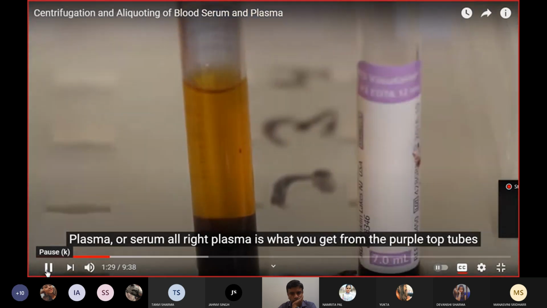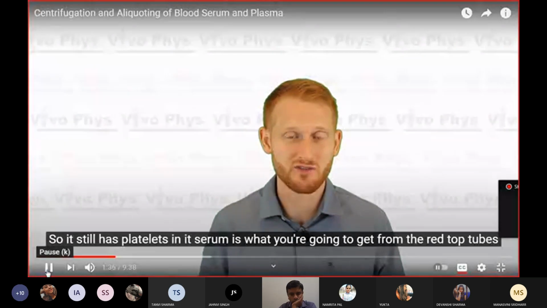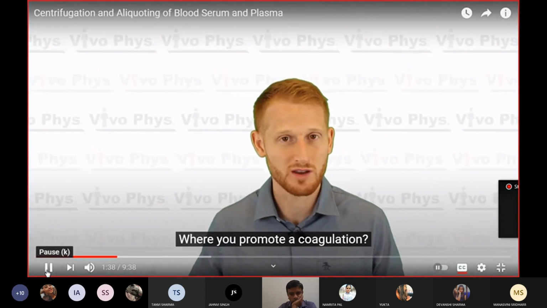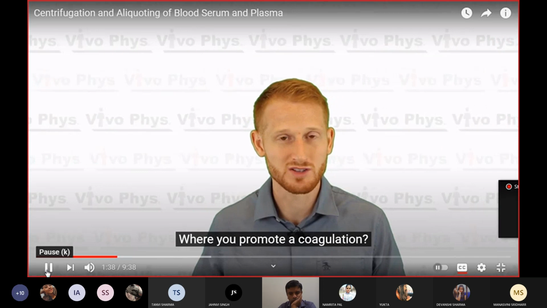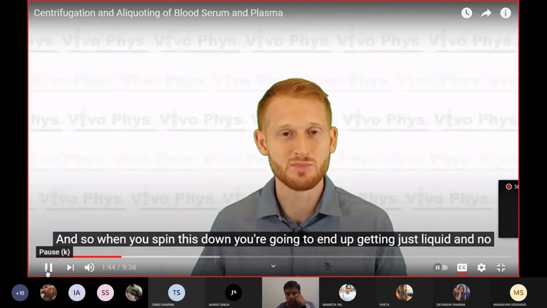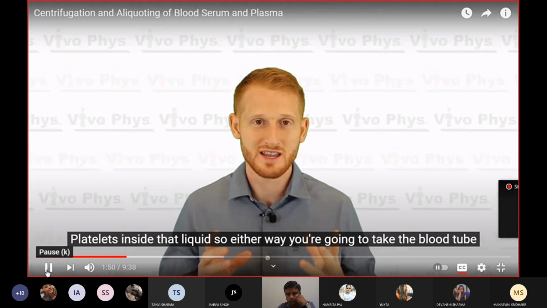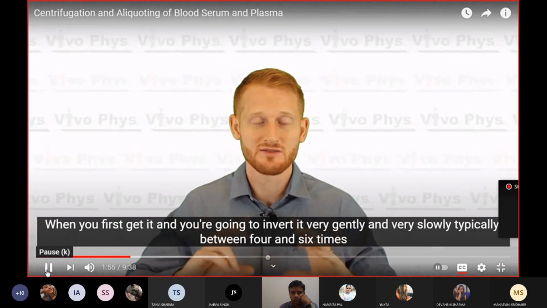All right, plasma is what you get from the purple top tubes where you prevented the coagulation, so it still has platelets in it. Serum is what you're going to get from the red top tubes where you promoted coagulation. So essentially that coagulation is the clotting of those platelets. And so when you spin this down, you're going to end up getting just liquid and no platelets inside that liquid. So either way, you're going to take the blood tube when you first get it, and you're going to invert it very gently and very